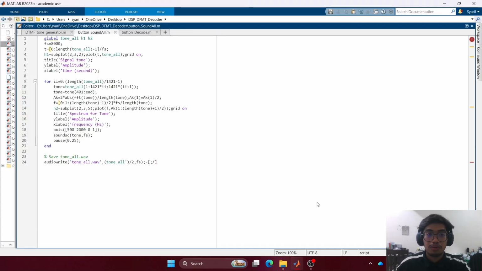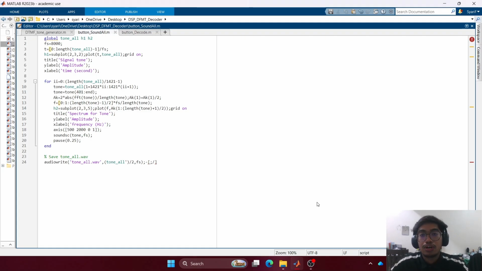Next up, we are moving on to our management script, which handles playback and visual verification. It takes the entire sequence of dialed numbers and processes them in precise strides of 1421 samples. Inside a processing loop, the code automatically skips past the 400 silent samples to isolate the active tone.